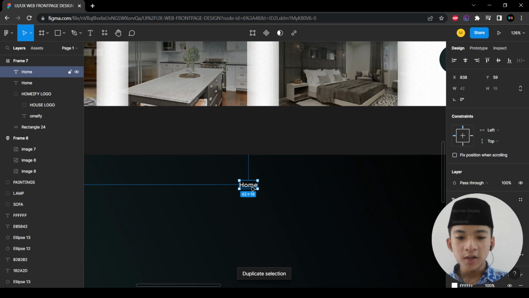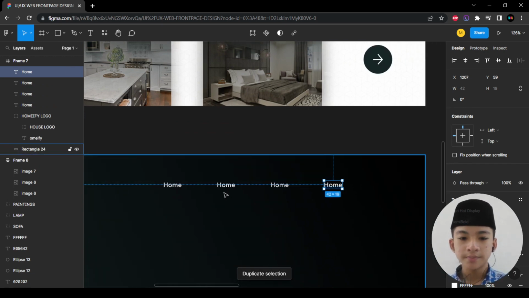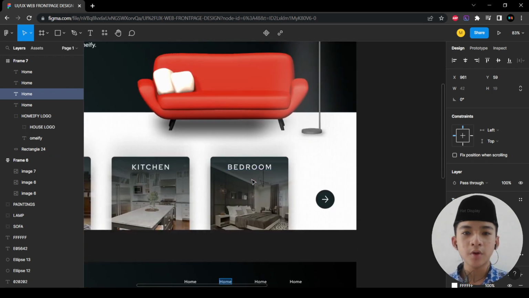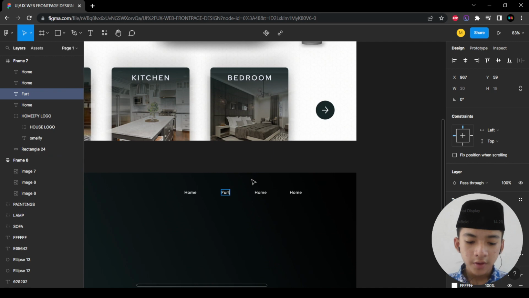Then you can just duplicate it, Control D, then duplicate it 4 times, and then change the name, the text into furniture, product, and store. So furniture, after that product, glass, store,